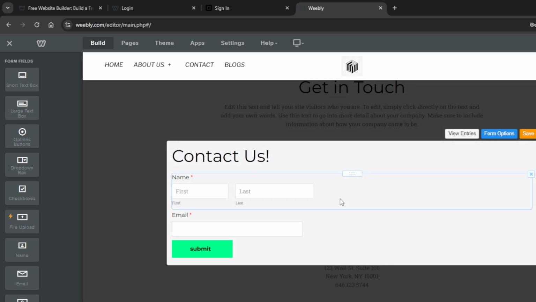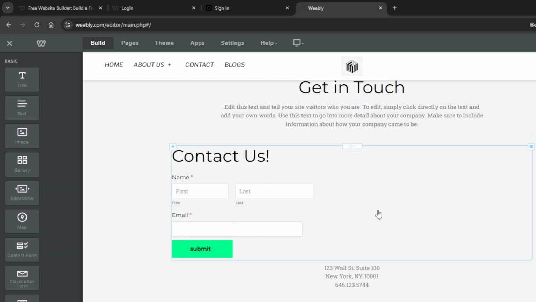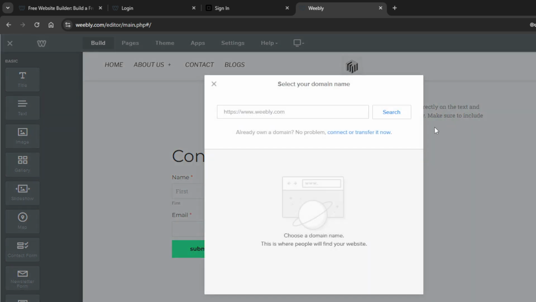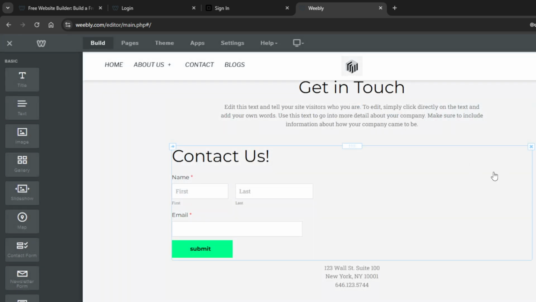When you're satisfied with the contact form design and the information you've included, make sure you save your changes. Find the Save option, typically located at the top of the page within the Weebly editor environment. Click on it to ensure all your hard work is securely saved. And there you have it, a simple and efficient way to set up a contact form in Weebly, just like that. By following these steps, you'll provide your website visitors with a direct line to